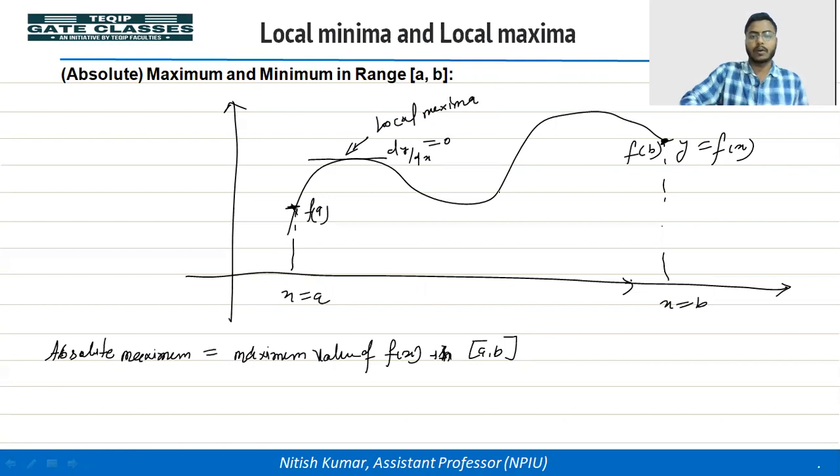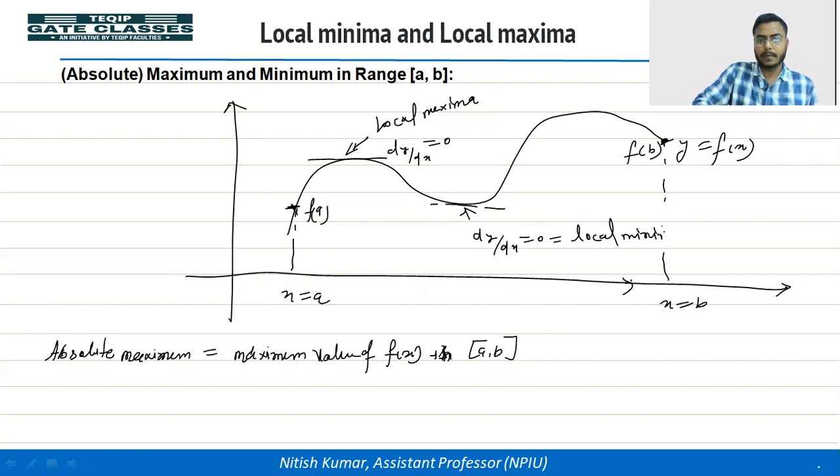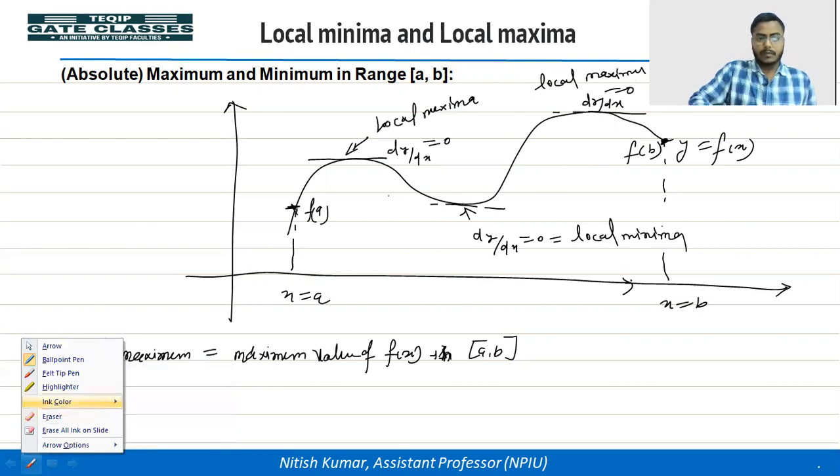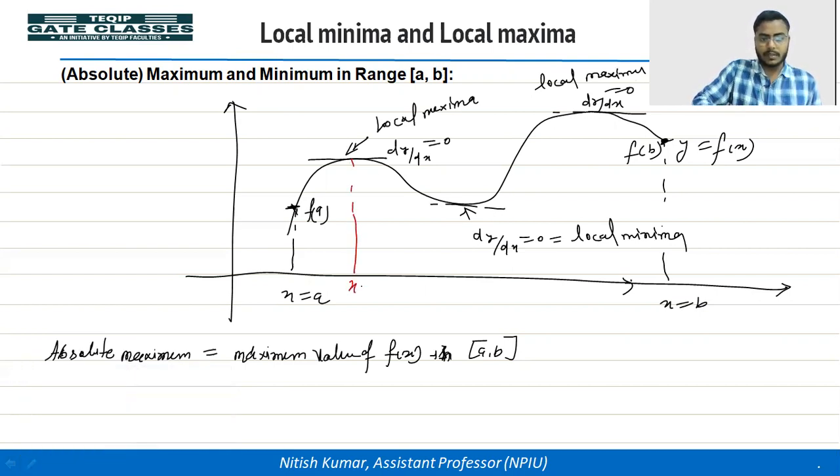At this point also dy by dx is equal to 0, so we can say this is a local minima. At this point also, see here that dy by dx is 0, so this is also a local maxima. Okay. So let the points where dy by dx is equal to 0 be, suppose, x is equal to c1, this is x is equal to c2, and this is x is equal to